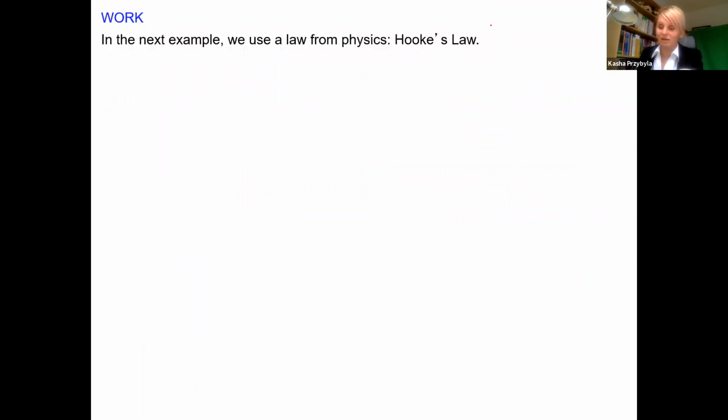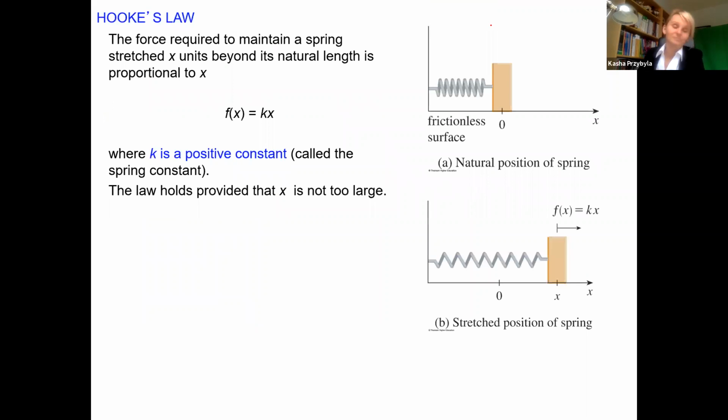Okay, now let's see. Also what we have something, because in the next example we will use another physical law. We have something like Hooke's law. And what is it? When we have, again, don't worry, you will be able to do it. When we have a spring and some weight attached,